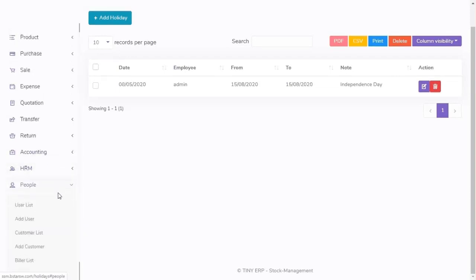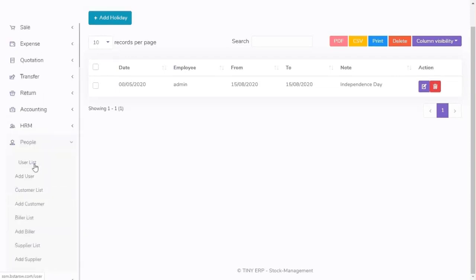Next is people. People means the internal users who are going to use this software. Say the person who is doing a sale entry should get a POS screen only, and he should not be able to see any other modules, reports and other things. If I want to disable, I will disable, I will give access of only POS to them and they can directly